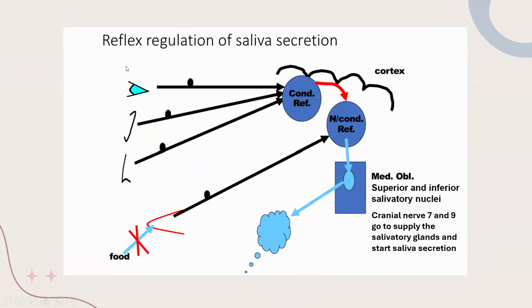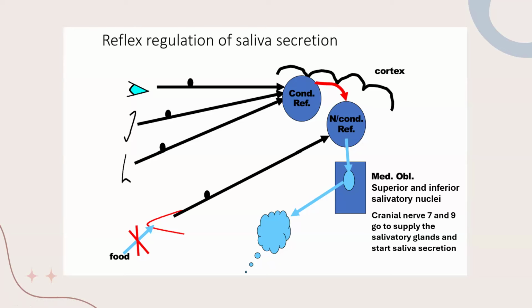So let's see here. There's the sight of food, the sound of food, or the smell of food. Or it doesn't have to be food, but anything that in our brains we connected as food or related to food. Like I said in the experiment, the dog associated the sound of the bell with food. For us humans, we associate the sound of a microwave or the sound of utensils. This is all, for us, associated with food. So this is a conditioned response, and this can basically cause our